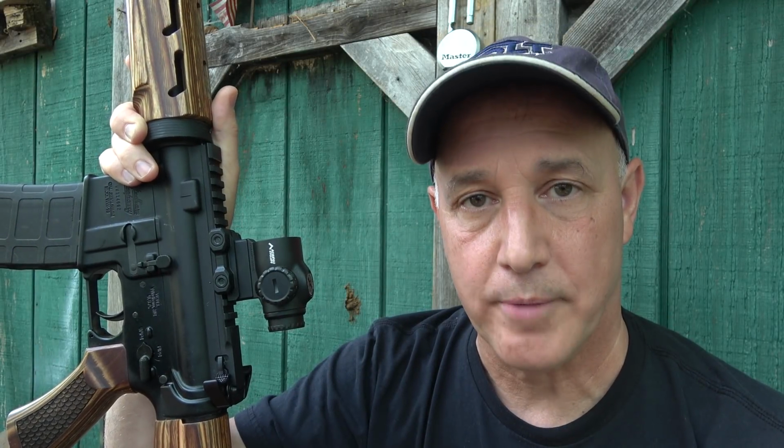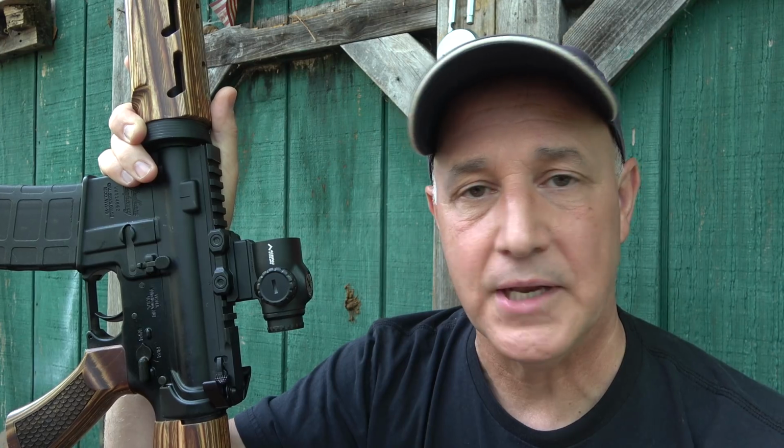Optics are a very important part of your rifle. I mean, it makes it really fast to get on target. You can get more precision shots than you can with your irons. Irons are great. You need to learn how to shoot irons. But when you really want to get on target fast, having a good optic is one of the best ways